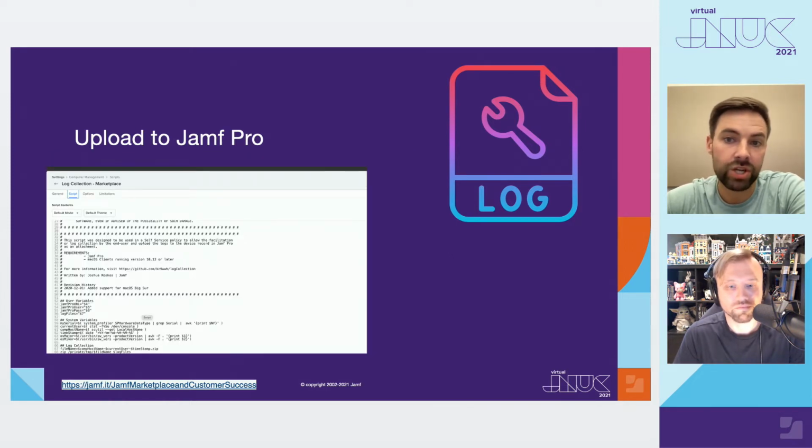Next, we're going to jump over to our Jamf Pro instance and navigate into the settings, computer management, and then find our scripts. It's here where we will create a new script, provide a recognizable name, category, and any additional information that is applicable to your organization. Once the general information is set, we navigate to the script tab, where we can paste in the script that we copied from the log collection page in GitHub.